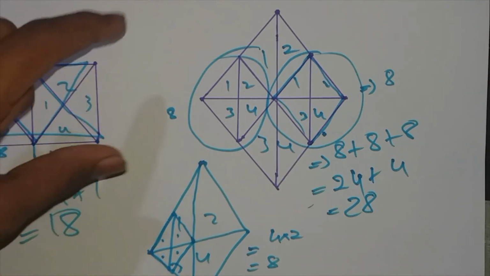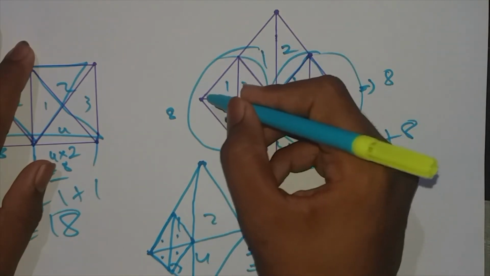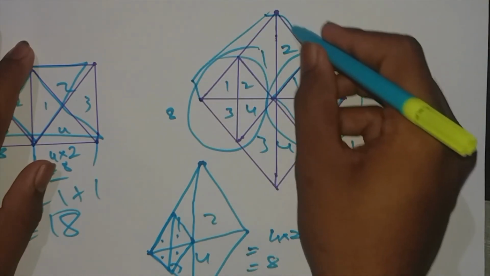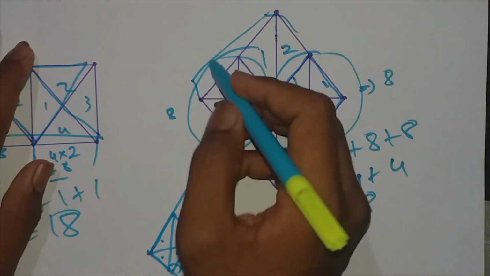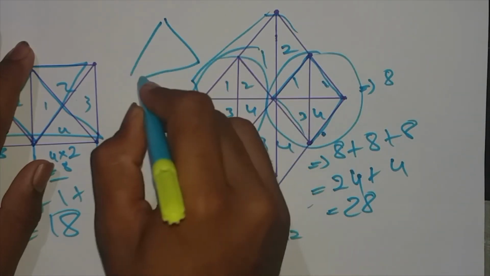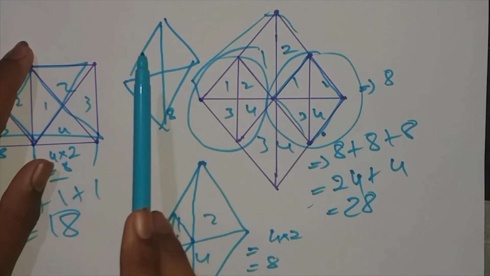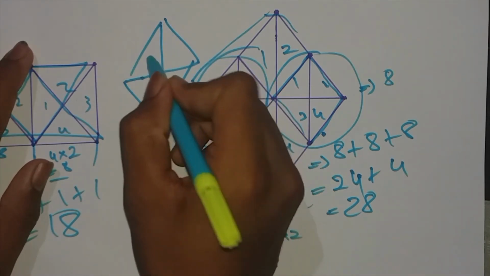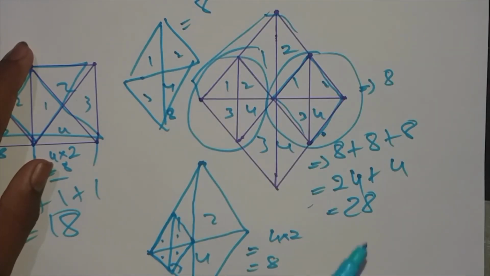So I will try to explain again for your better understanding. Consider this outer triangle only. Don't consider this. Consider this outer triangle only, right? So how many triangles are there in this? So 1, 2, 3, 4. Make it into double, right? So 8. So for this triangle I have made an extension.